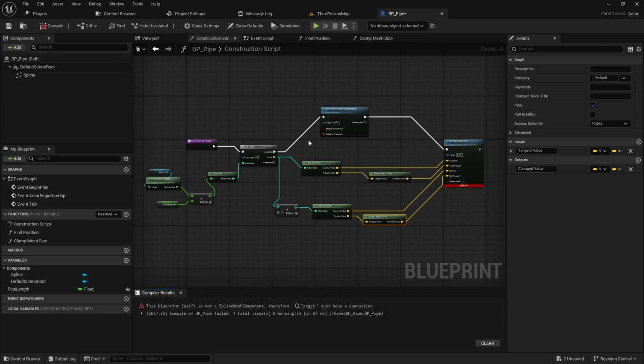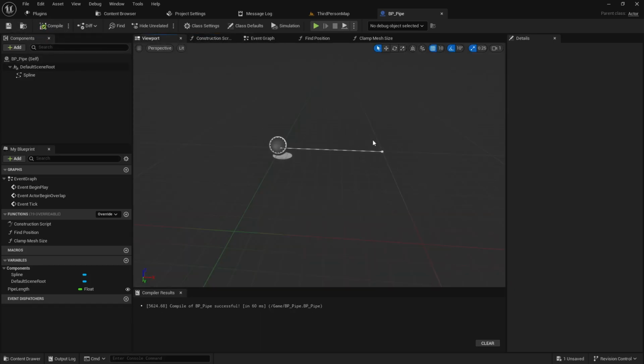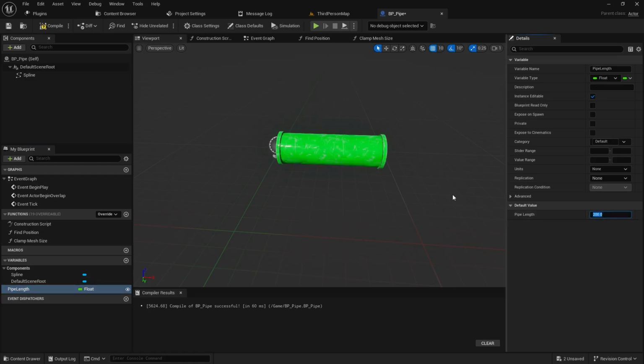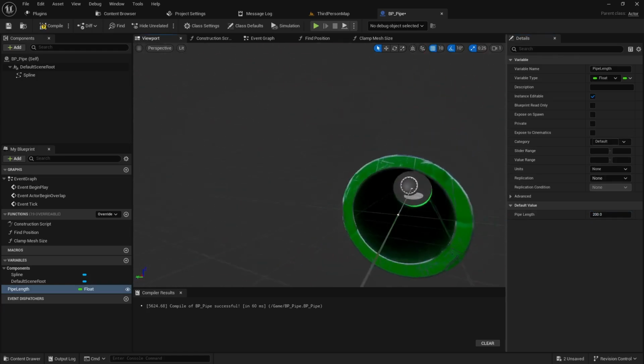So if we compile, you'll notice we do have an issue. We forgot to pass in our return value here, but we also have another issue. So if I compile and save, if I go back to the viewport, you don't see anything. That's because we have not set our mesh length. Right now, the length of this pipe, I think this mesh is 100 units, but I'm going to set it to 200. And then I'll demonstrate, kind of not really an issue, but some adjustments you can make